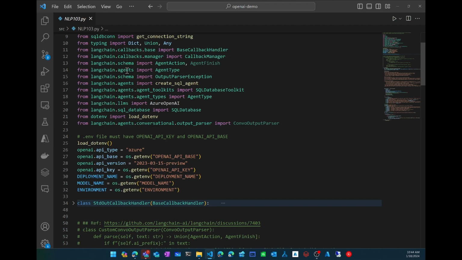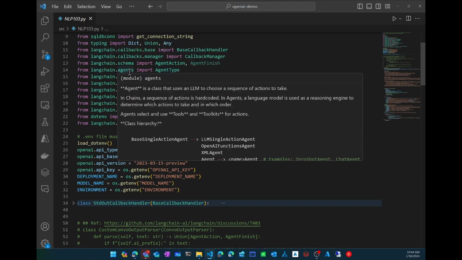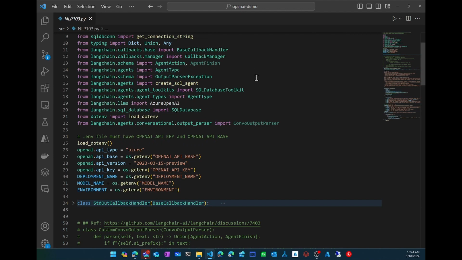For example, I could just use agents to connect to the database, and whenever you give text, these agents will bring your prompt to OpenAI,